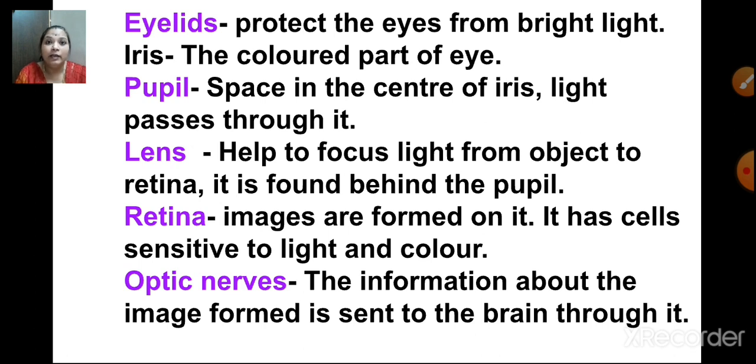Now children, the eyes give you information about the things that you see in your surroundings. Like what is the color of the thing, what is the size of the thing, the shape of the thing, the distance at which the thing is present from you, whether it is far or near. It tells you whether the thing is big or small. This is how your eyes give information about the surroundings. And we discussed in detail about the eye and how it functions.